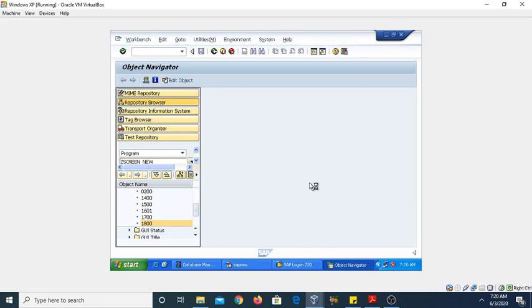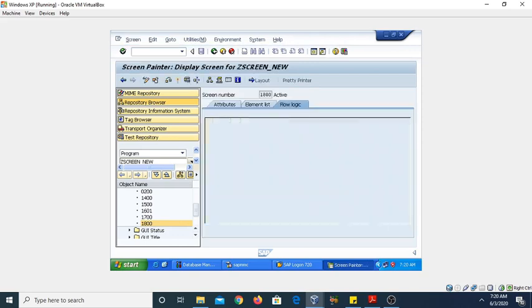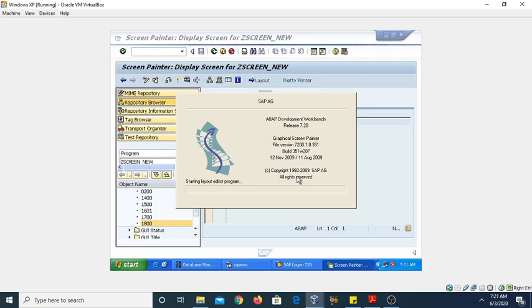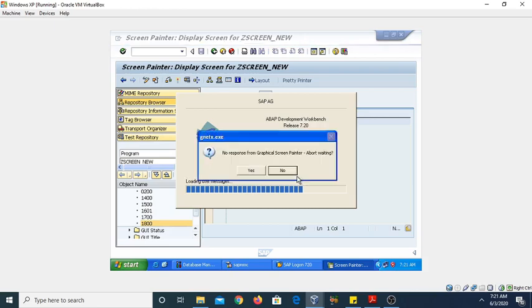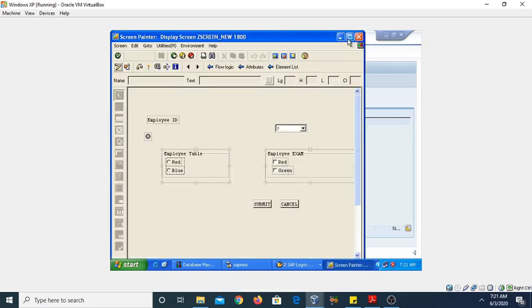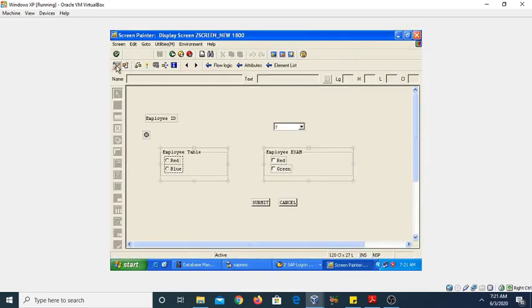Just double click on it and click on the layout. Now make it editable. Delete the previous element.